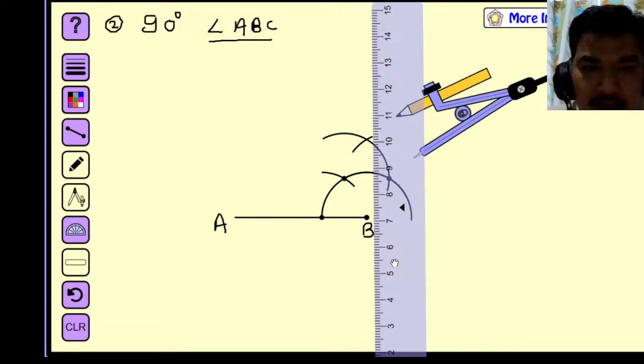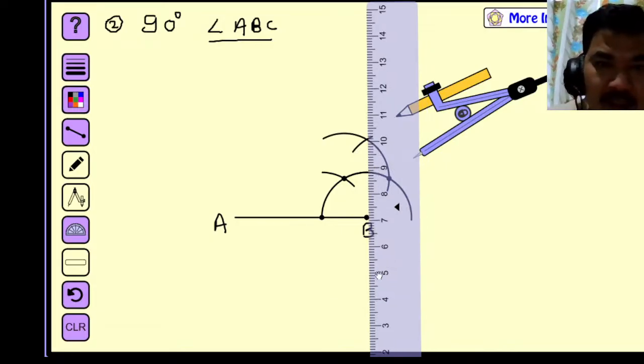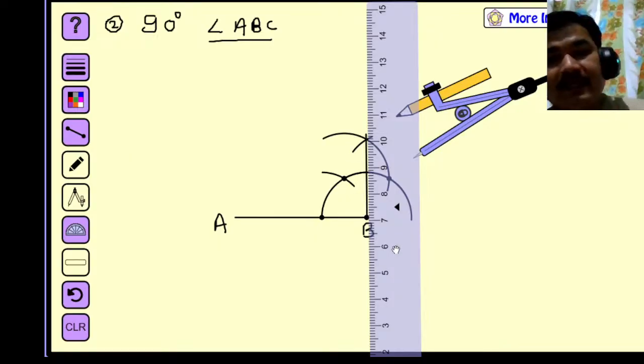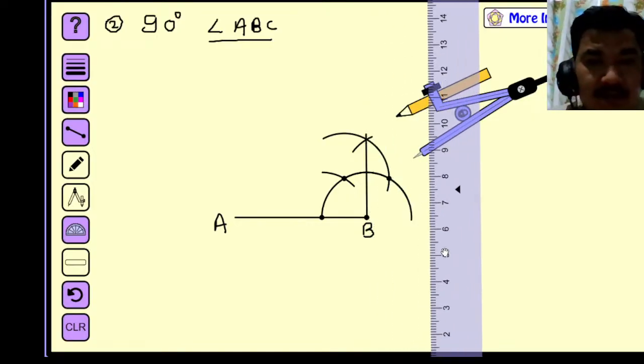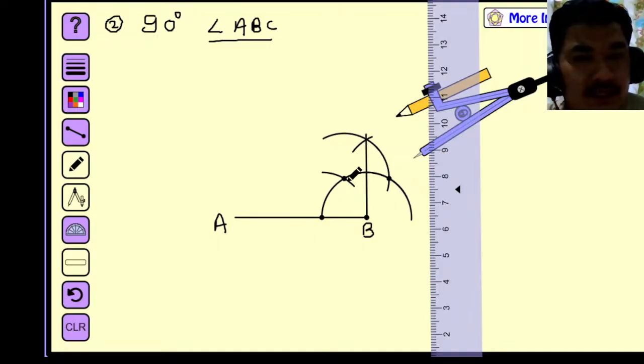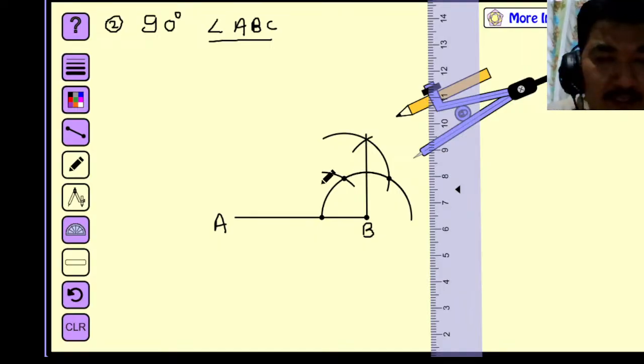And here, okay, now it is looking straight. Now join it with the B, okay? This angle is known as 90 degree, right? This angle is not 90 degree, okay? Then similarly,